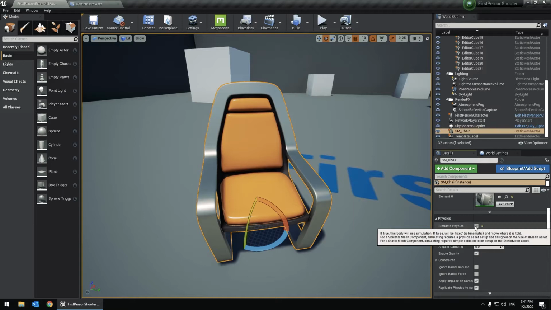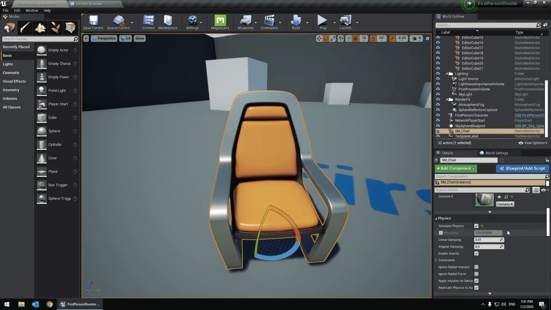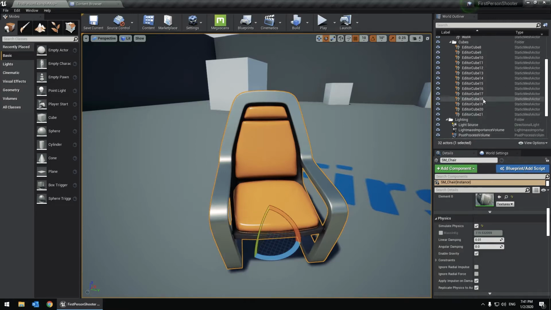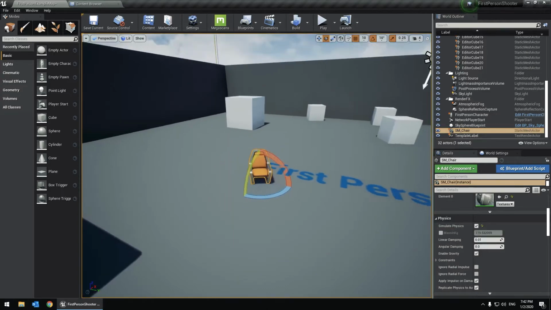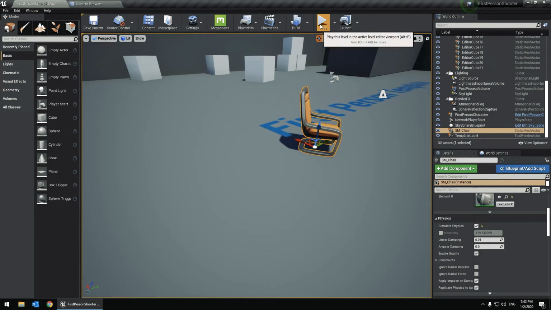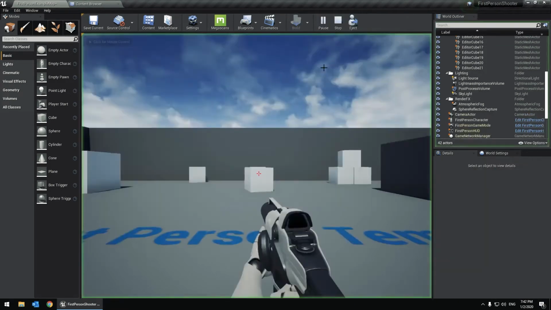So let's enable physics by clicking Simulate Physics in our Details panel. Here in the World Outliner we can see every single object we have, and with the chair selected, we can go down to Details and enable Simulate Physics. Alright, if you hit Play or press Alt P,